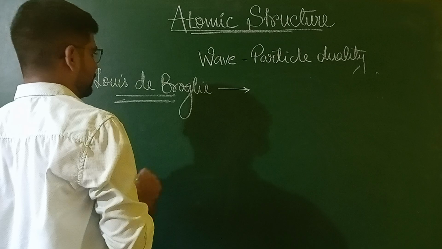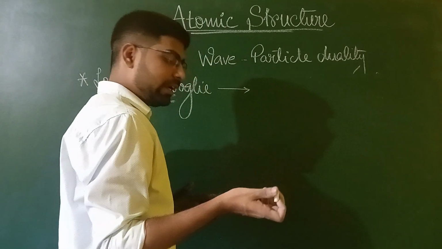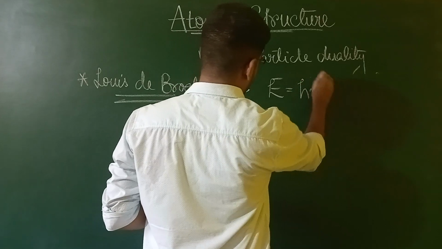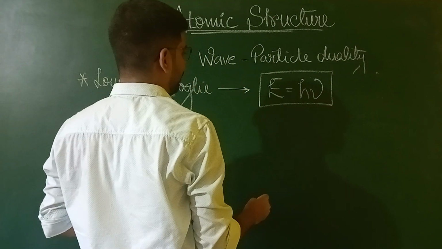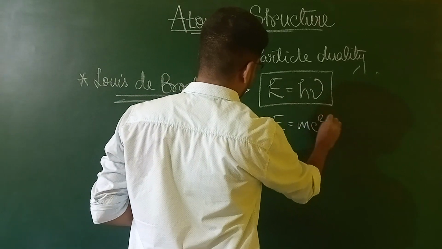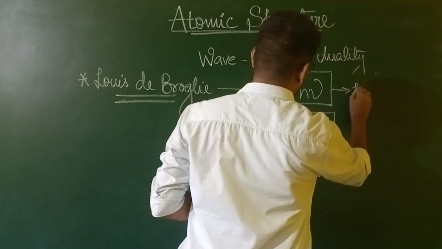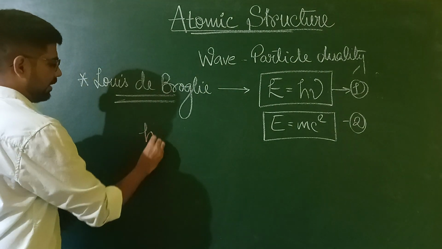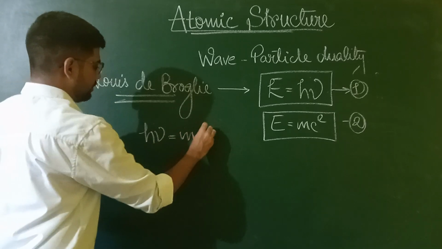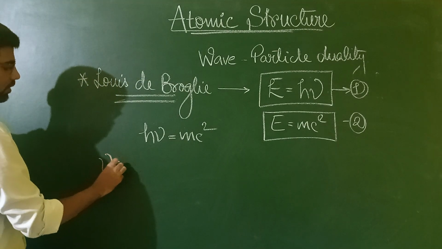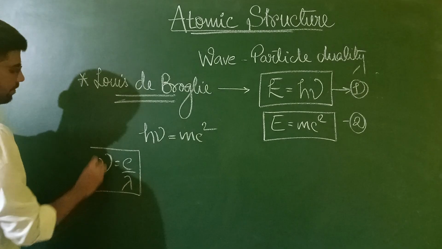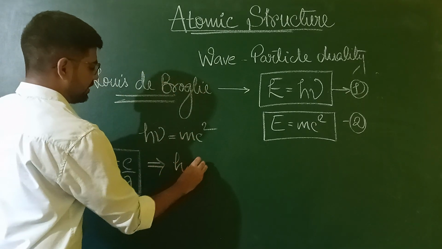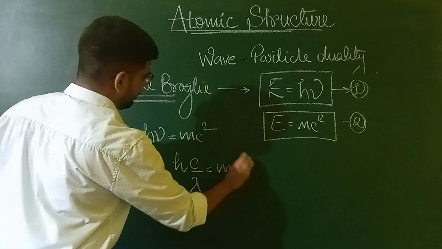So what de Broglie did was use the energy formula given by Planck, E equals h nu, and he took Einstein's formula, E equals mc square. When we consider equation 1 and equation 2, he just equated the two equations. So I can write h nu equals mc square. Nu is my frequency, so nu equals c by lambda. This is the formula for wave. By substituting the value, I got hc by lambda equals mc square, and cancelling the c,